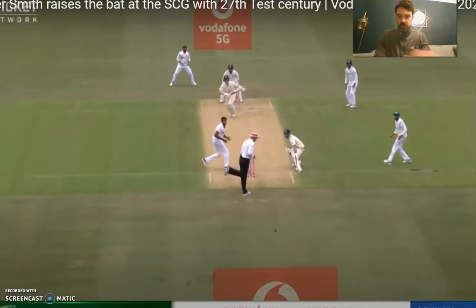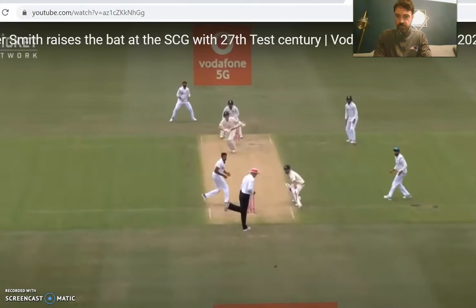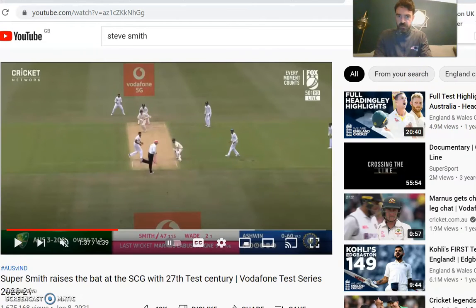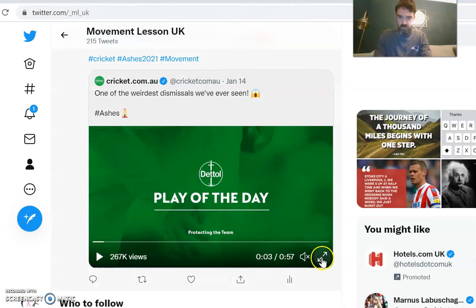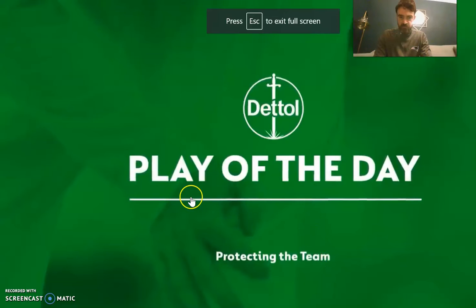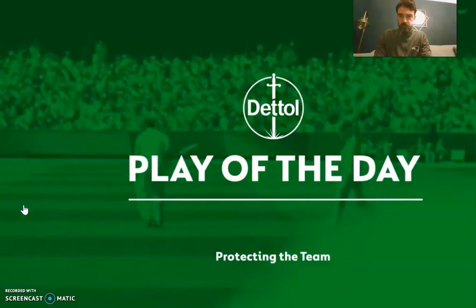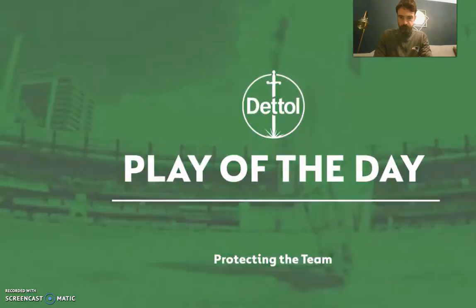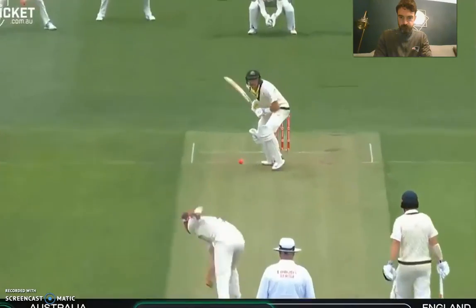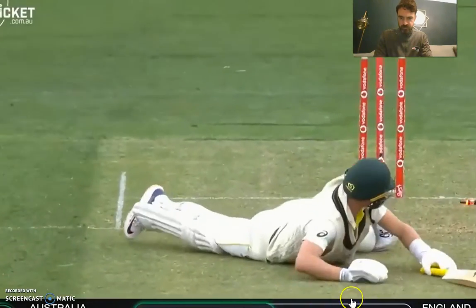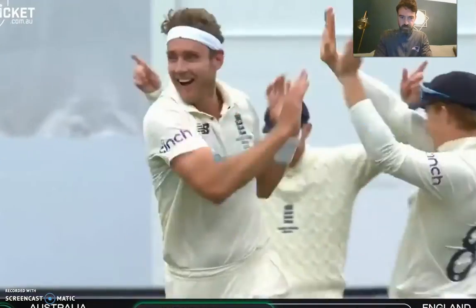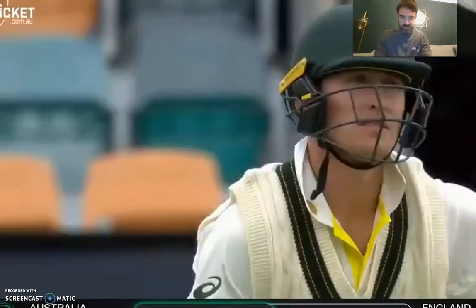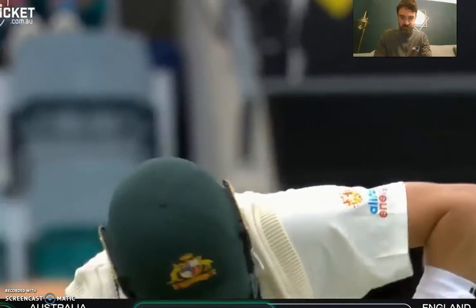And look, we're not going to get a look at Smith's partner in crime there, Labuschagne. So here's evidence that even the best in the world can get it wrong some days. What was going on there? Labuschagne's movement there